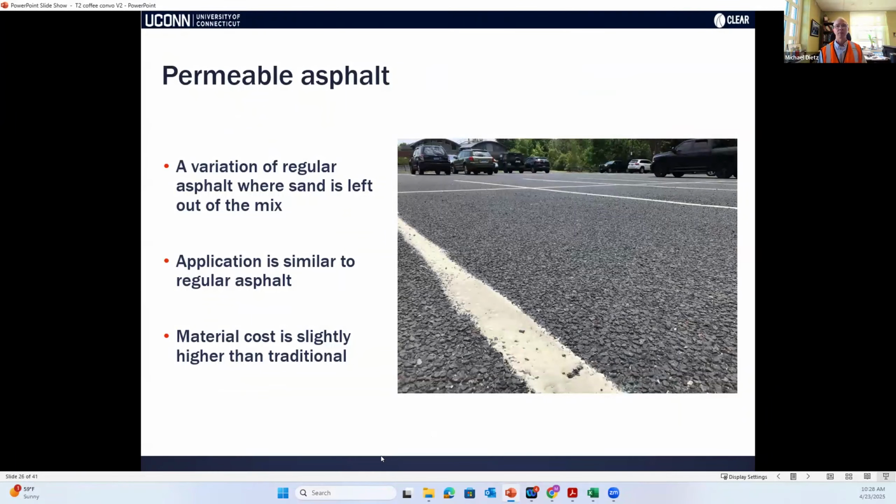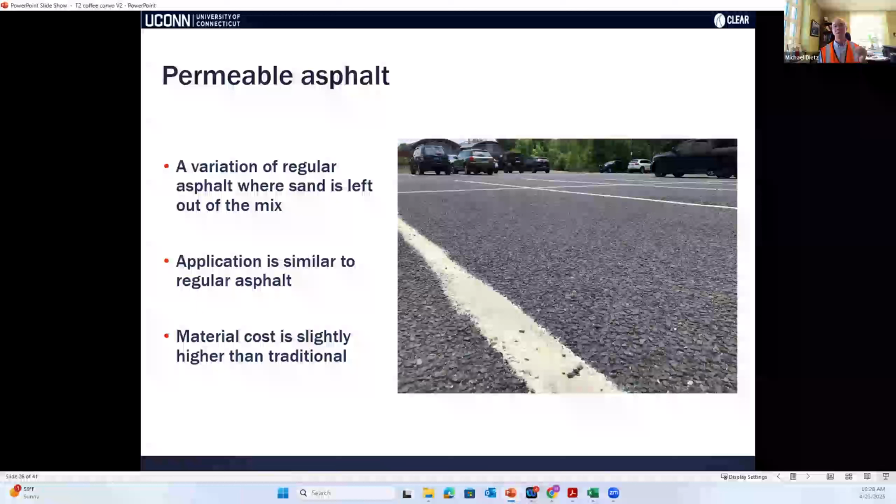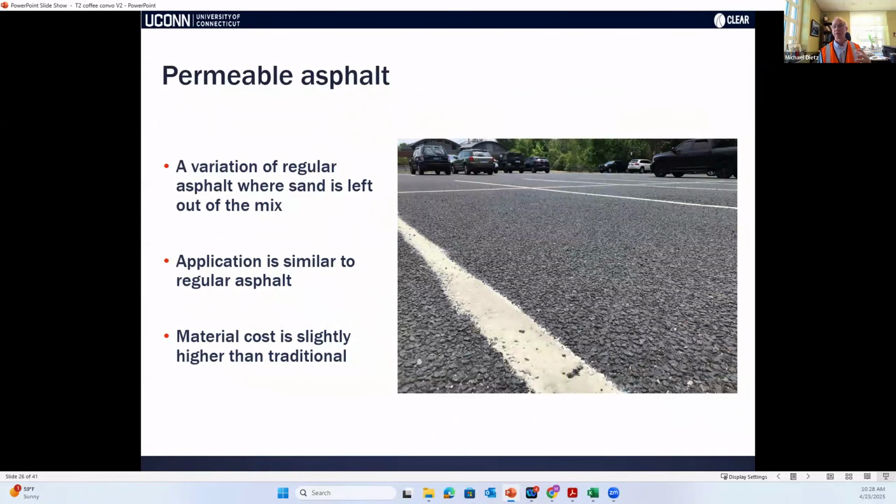Permeable asphalt is another product that we've had really good success with here at the university. This is a variation of asphalt that leaves the sand out of the mix, so it's just got the stone aggregate and an asphalt binder. The nice advantage of these is it goes down with the same equipment as regular asphalt. So that makes it a lot easier to install than some other particular products that we can talk about if I have time. And the cost is only slightly more than traditional asphalt at this point, which is another nice